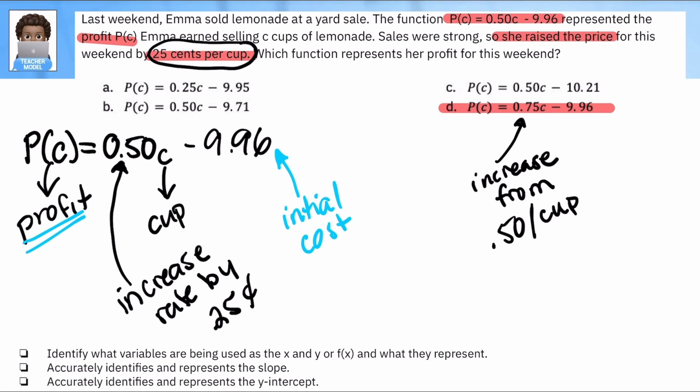Again, here was our look fors in this problem. We wanted to be able to identify the variables of x and y, or for f of x, and to figure out what they represent. And you can see how I did that as I read through the problem and annotated. I tend to write down the equation and write down what each of the variables mean. My b is typically an initial value. It's like a starting point,